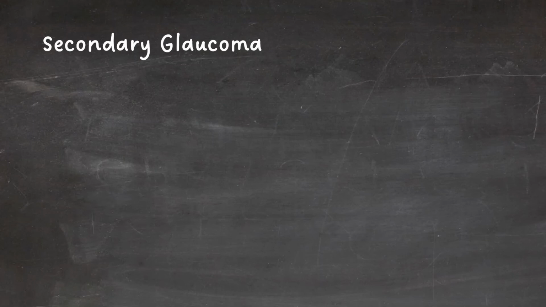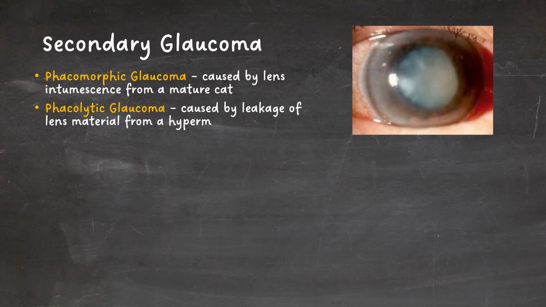Lastly, let's quickly go over secondary glaucoma. So secondary glaucoma is way more straightforward than primary glaucoma because the treatment is always to correct the underlying issue. For example, if glaucoma is secondary to phacolytic or phacomorphic cataracts, correction of the cataracts is normally sufficient